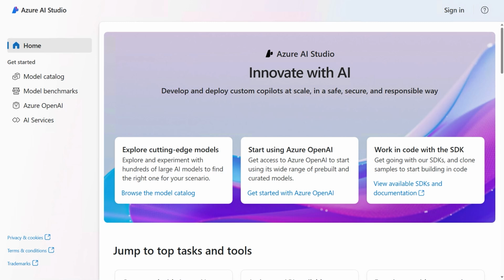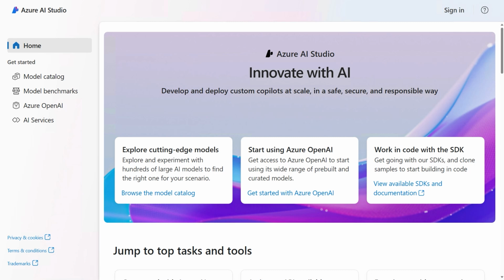Azure AI Studio is a centralized platform that offers a collection of AI services and tools provided by Microsoft Azure. It includes access to powerful language models like GPT-3, GPT-4, machine learning tools, and other AI services such as speech and vision. If you're familiar with the RAG solution, we are going to try it out today with Azure AI